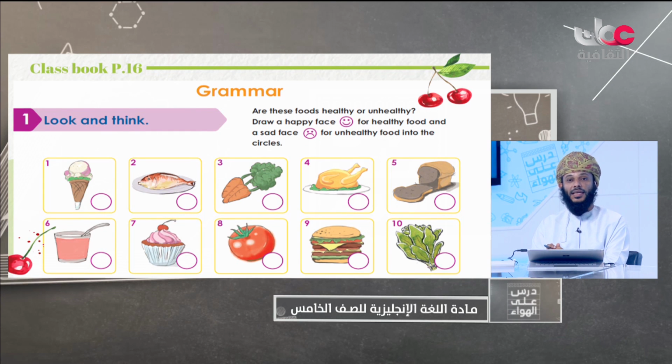Page 16 of the class book. Activity number 1 says, look and think. Are these foods healthy or unhealthy? Healthy means the things which are good for our health. The unhealthy food is the food which is not good for our health, or which is bad for our health. Now, draw a happy face for a healthy food and a sad face for unhealthy food